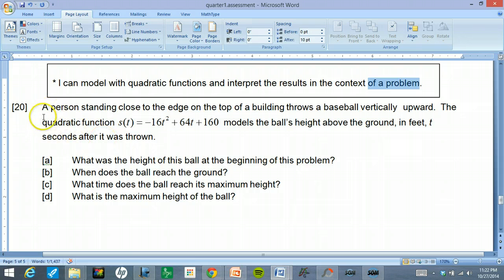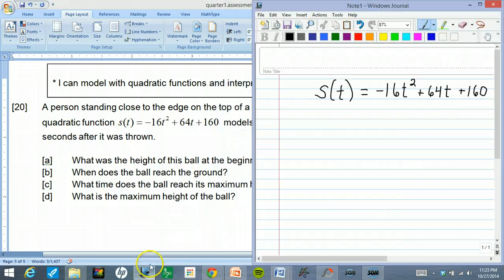So here's a very easy classic example. I hate to use the word easy, but a standard example of modeling with quadratics. Some person standing close to the edge of the top of a building throws a baseball vertically upward. The quadratic function S of t models the ball's height above the ground in feet t seconds after it was thrown. So there's the function, but if we even just think quickly, we've got this person